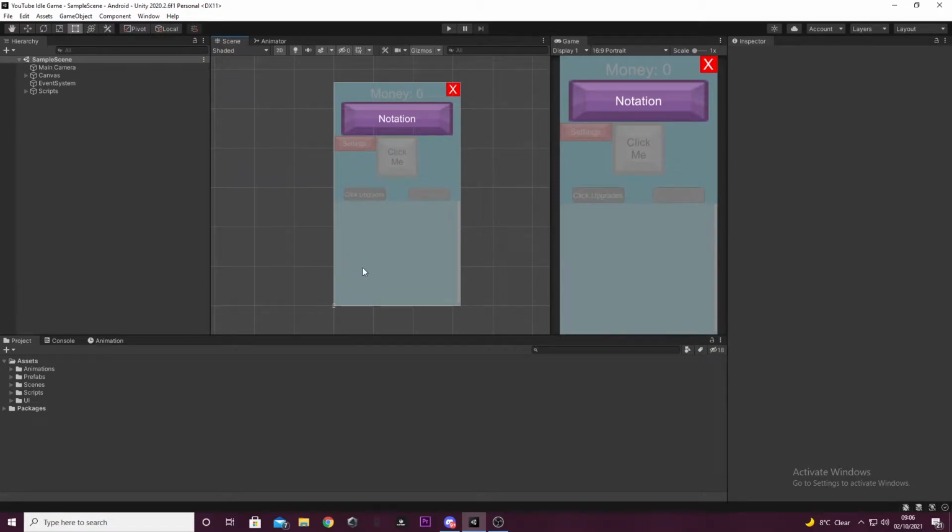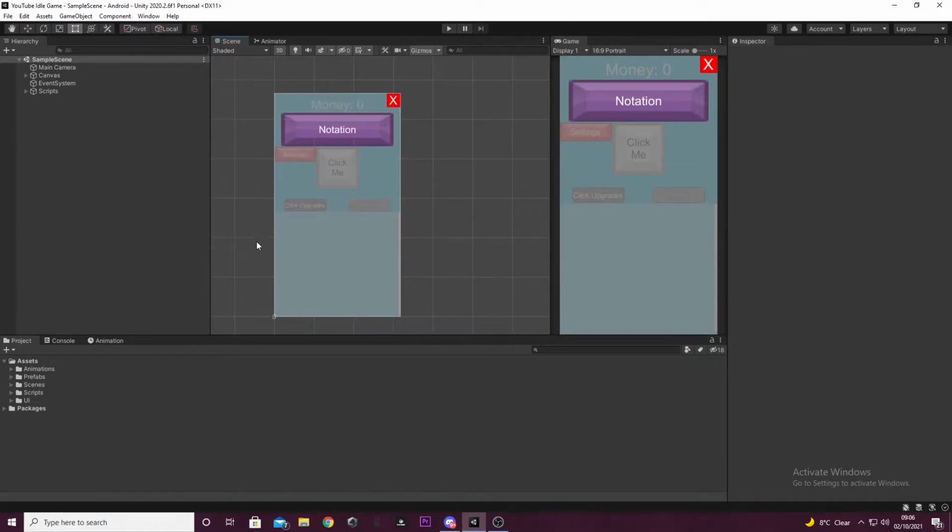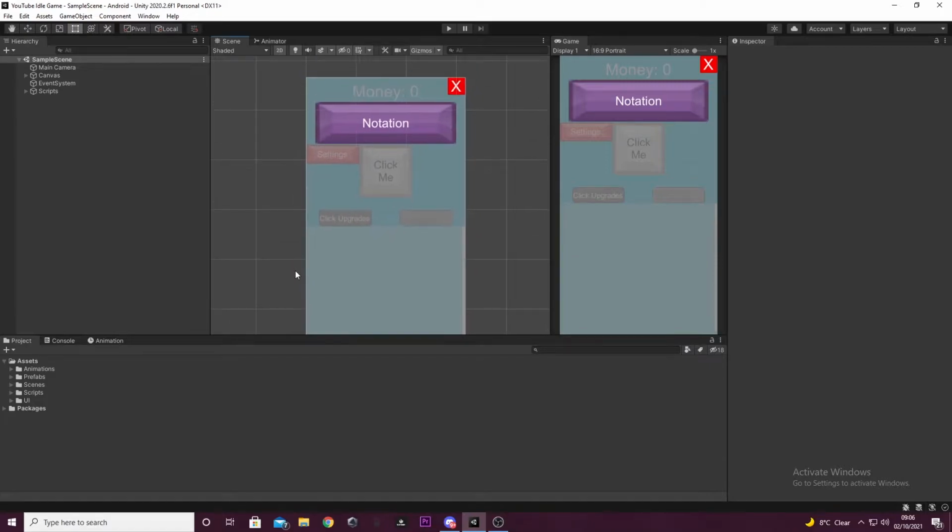Hey, so today we're going to be making a standard notation for our game. So I'm talking like thousand, so it's going to go like K, M for million, B for billion, etc. Now, you could also sort of call this letter notation, I suppose, but we'll just call it standard. Now, there are going to be a few problems we'll encounter,